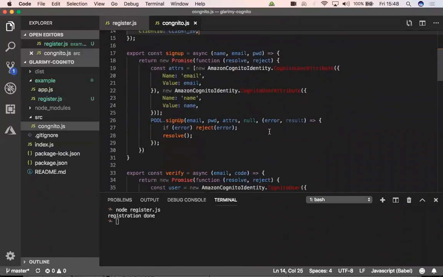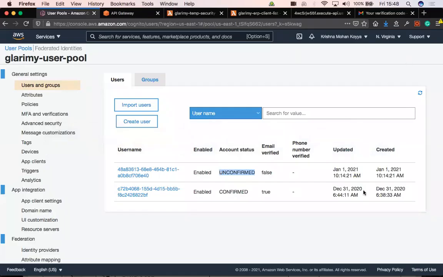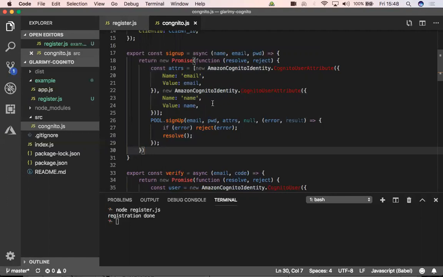So for instance, just now I have shown you registration, right? To sign up, what is the actual code I have written? This is the code I have written. How do I get a clue on how I should write this? It is from their documentation. I have shown you, right? They have given the npm.js documentation. It's not exactly like this. We need to look at how basically it needs to be done, and how we can do it for our particular systems. So that is how we need to keep changing things.